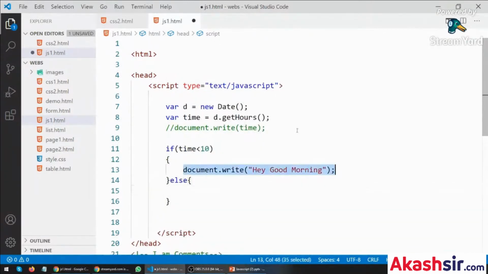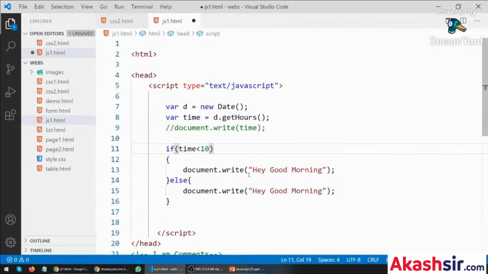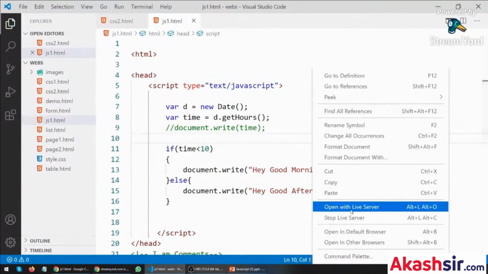So good afternoon, or, if you want, we have three different states: good morning, good afternoon, and good evening, right? So you can write three conditions over here, and you have to specify the numbers, right? So let's say I run this code, you will get a message,